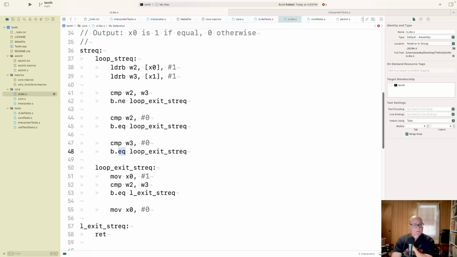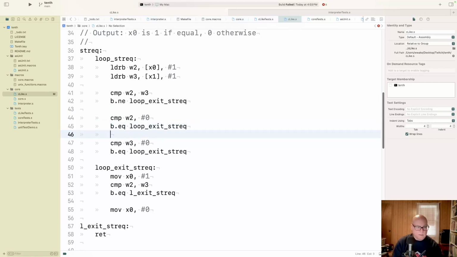If it is equal to 0, exit. Otherwise, continue. So if it's not equal to 0, compare W2 to W3. So now we know they're equal. Okay. If W2 is 0,